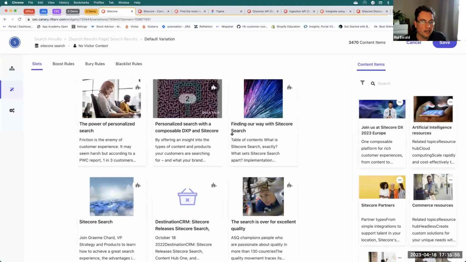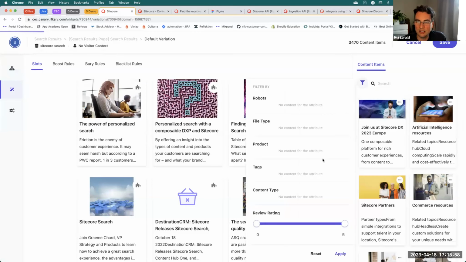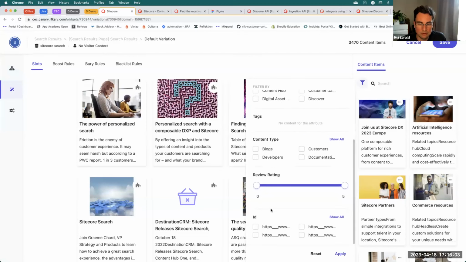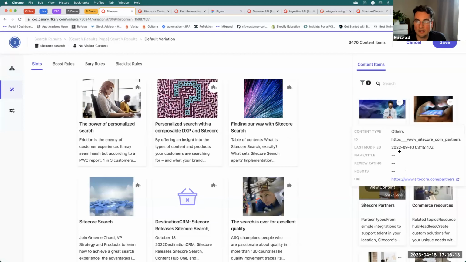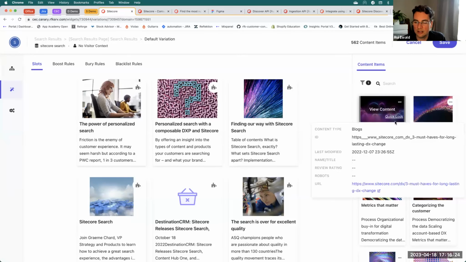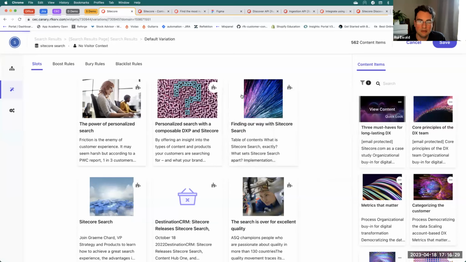So here are the articles that I'm providing. I can then go see, I don't know, maybe tags, or maybe something else. Maybe I want a particular type of content. Maybe I want blogs to show up more. I need to move the cameras here. And that will pull up those pieces of content. So let's say I think this one is better. I can analyze it first of all. I can do a quick look. And here I can have performance numbers. I don't know why the team hasn't exposed that here, but anyway,